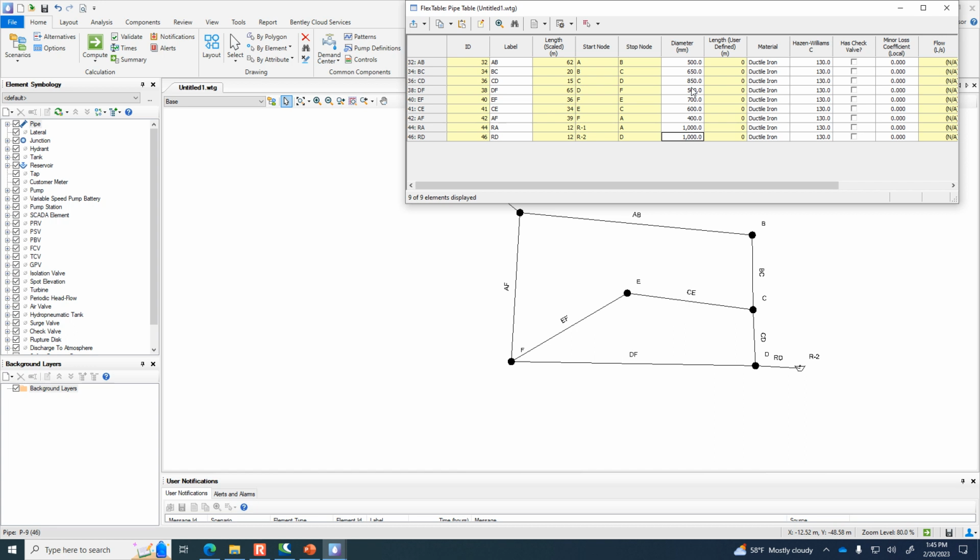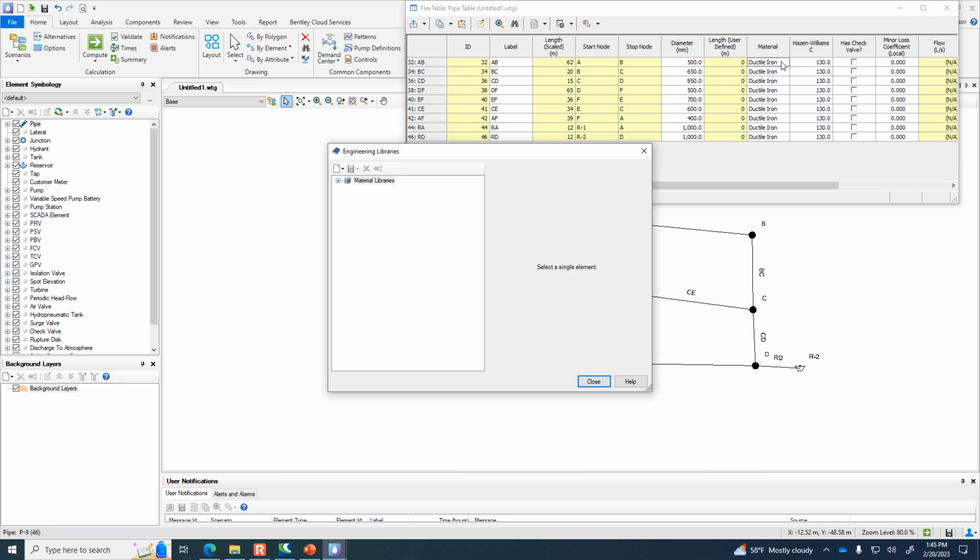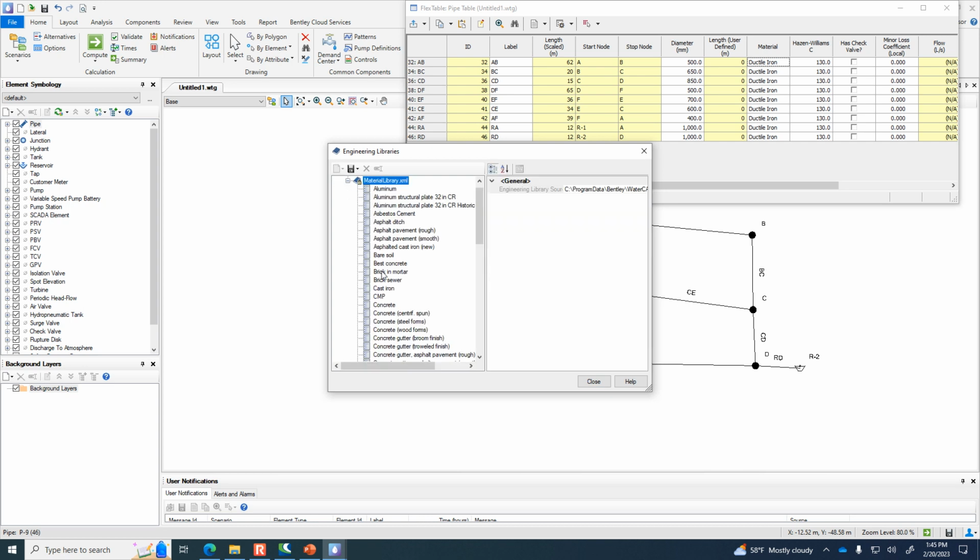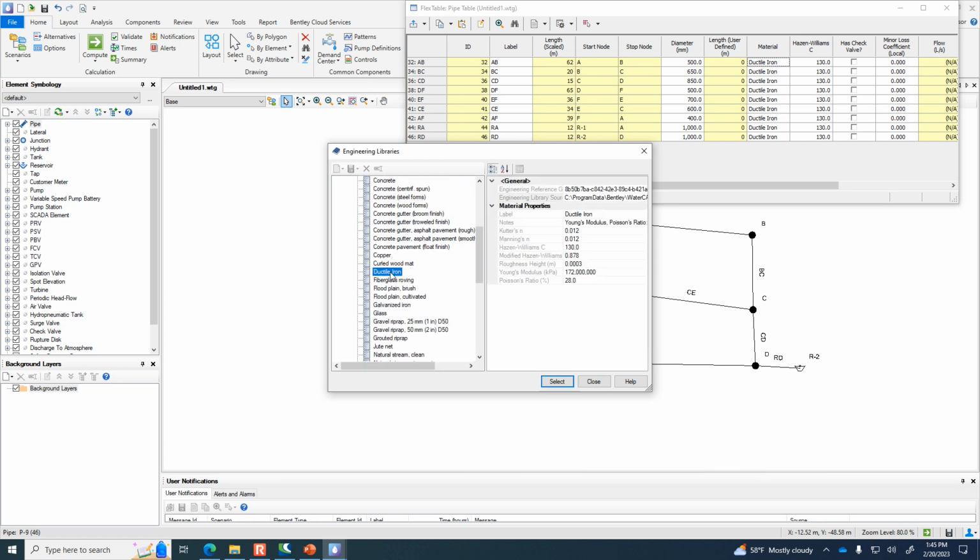That so happens to be the equivalent sand roughness for ductile iron. But let me show you on these materials property. See where it says ductile iron? If you just click one of them, then you get this ellipsis next to the word. It's the 3 dots in a row. If you click on that, it brings up a materials library. And so if we expand that list and we look at what does it know about ductile iron, if you click on ductile iron, then down here it says the